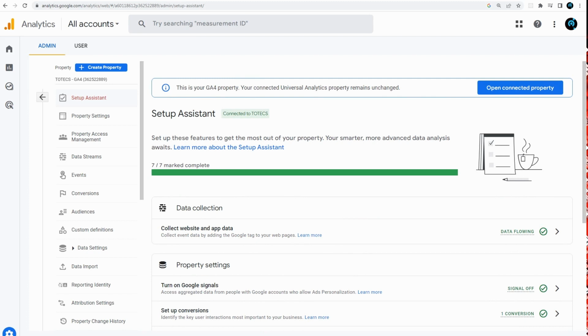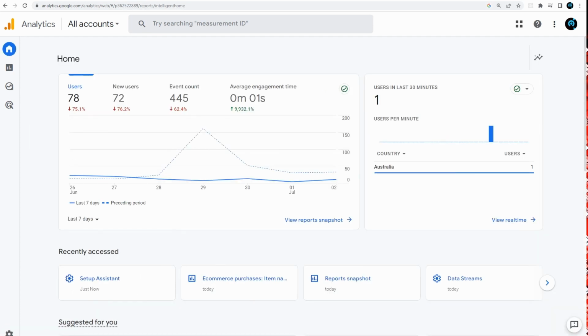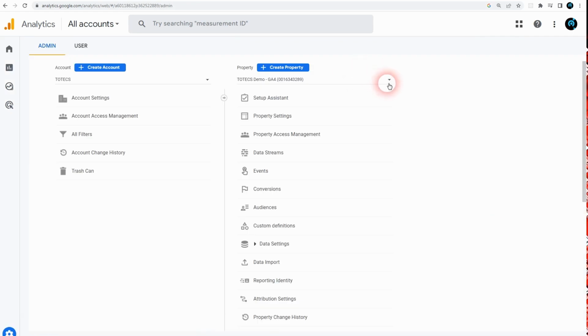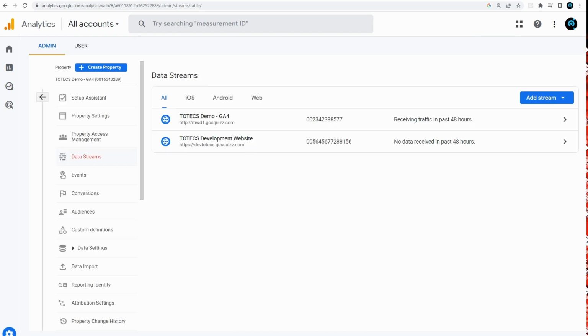Once both the Google Analytics account and the Tag Manager accounts have been set up, the following needs to occur to allow Google Tag Manager to support connecting a Todex hosted content managed website, its ordering areas to the Google Analytics account. First, within the Google Analytics account, if we go into the admin section, for a given property where we are recording our analytics against, we need to go into the data streams. A data stream needs to be created if one doesn't already exist by clicking on the Add Stream button.